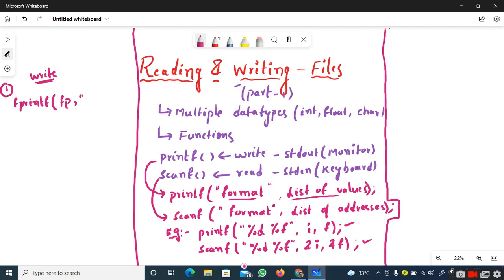So the second parameter for fprintf will be the list of format specifiers, and the third parameter will be the list of values. This is the syntax we have for the fprintf function, and this fprintf function is used to write values of different data types.